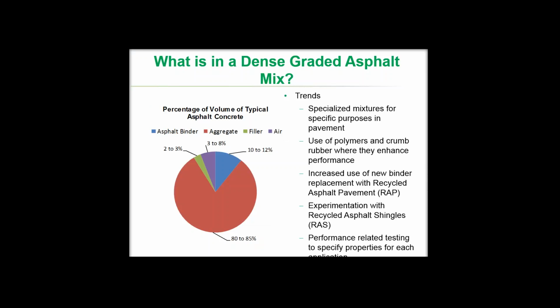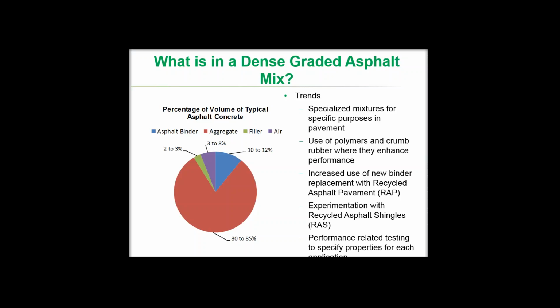The trends in dense graded asphalt mix design include specializing these mixtures for the specific purposes in the pavement that I just went over in the previous slide. As part of that specialization, using polymers and crumb rubber in particular places in the pavement where they can enhance performance,